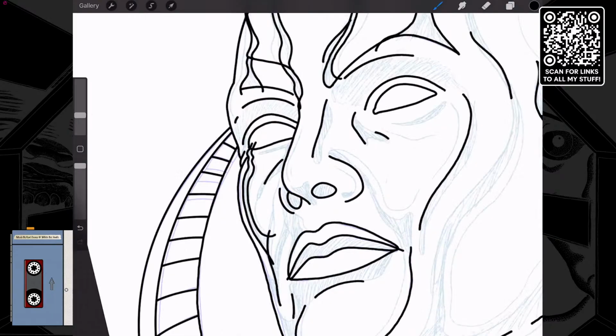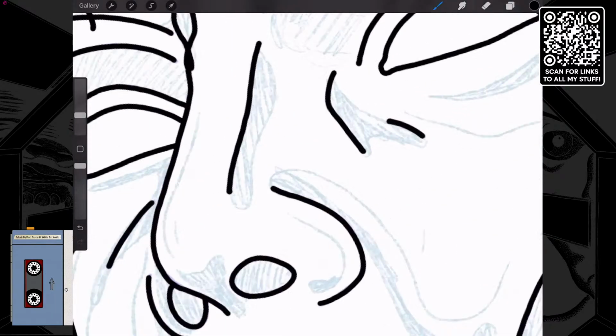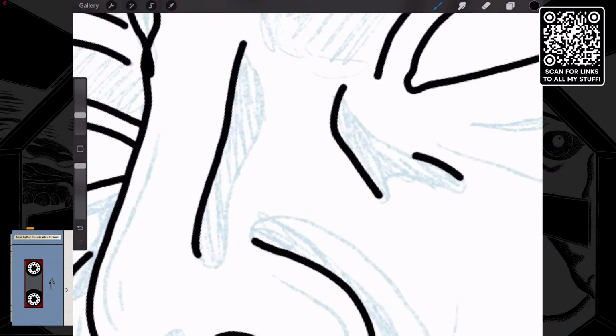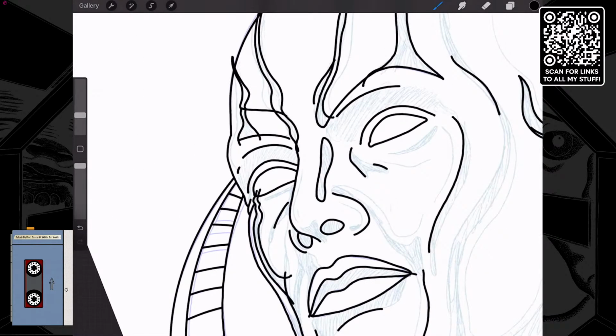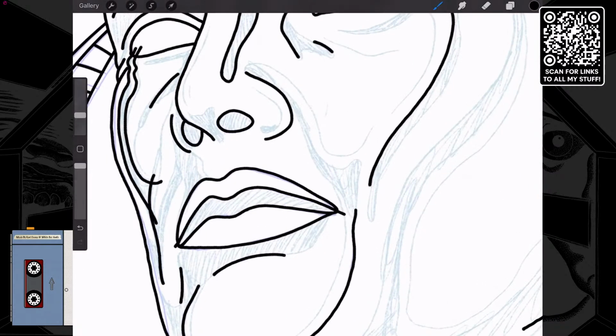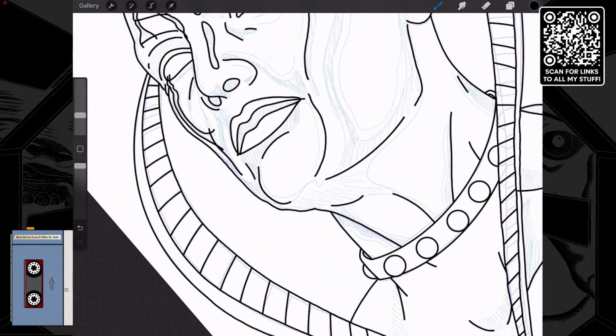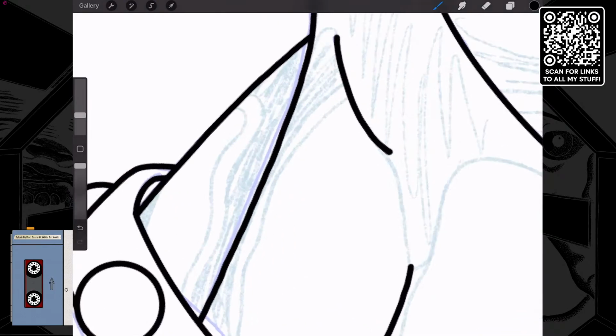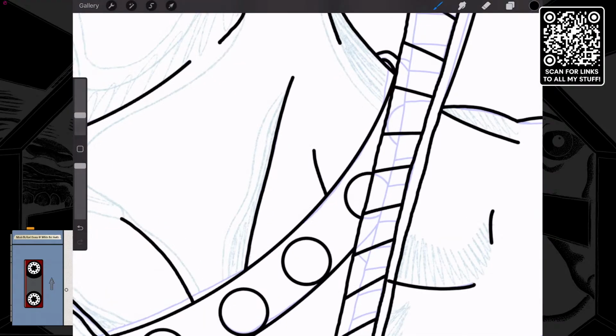But I would like to make this work. I would actually like to get this to look like metal, like a metal head with reflections and everything. I don't know if I can manage it. I really don't. But I'm going to try. I'm going to give it a shot. It's all you can do sometimes, is just see what you can do. You know? So we'll give it a try.